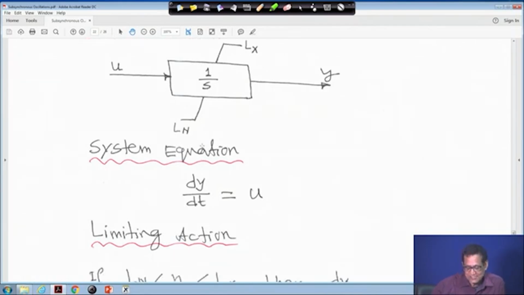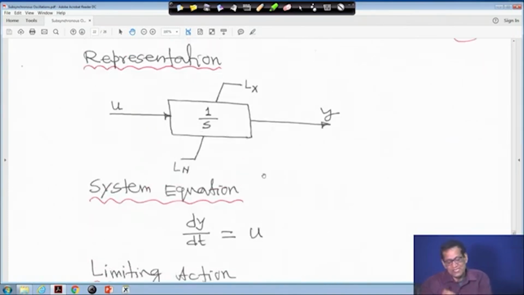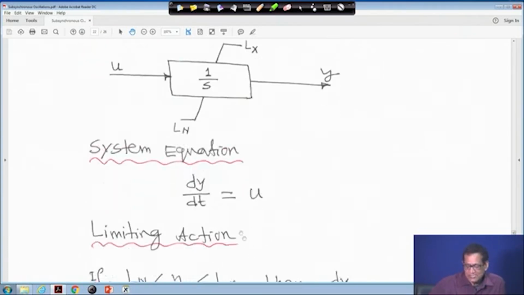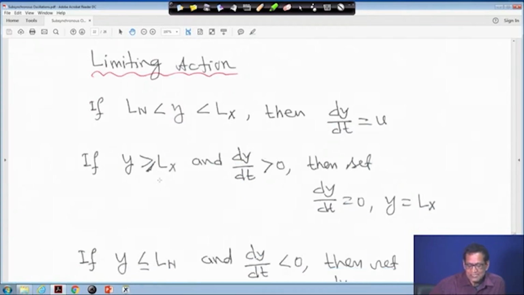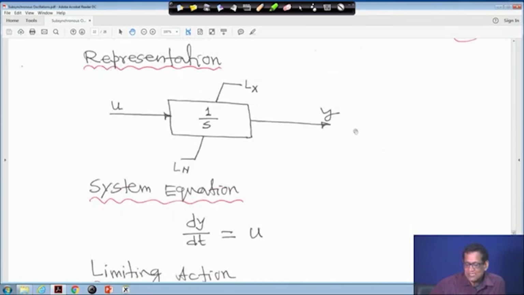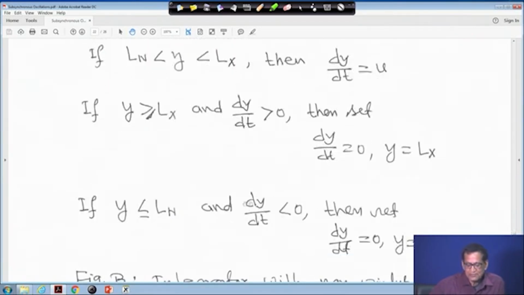Now, the limiting action: if y is lying between Ln and Lx, then dy by dt is equal to u, this is the constraint, and it is okay. Now, if y is greater than or equal to Lx,